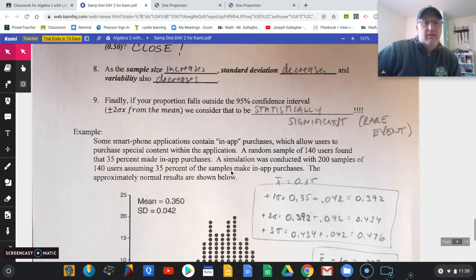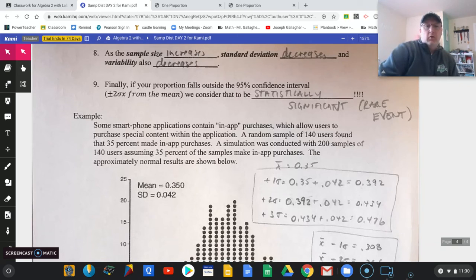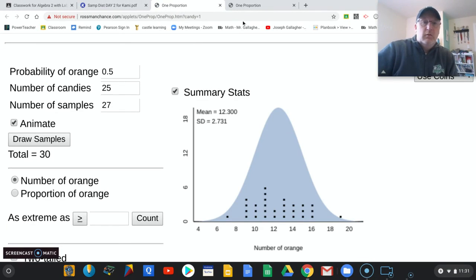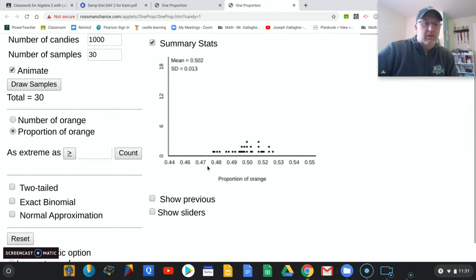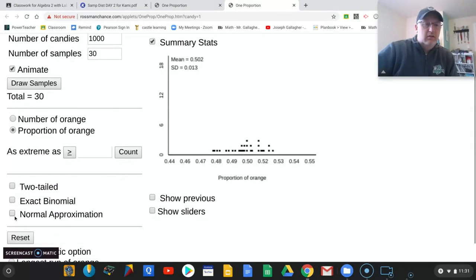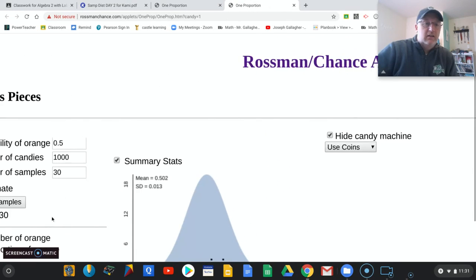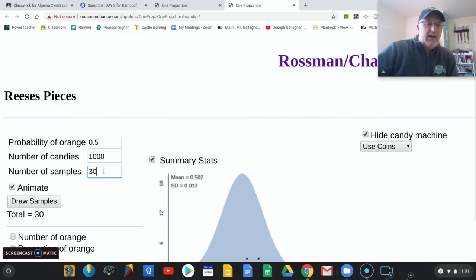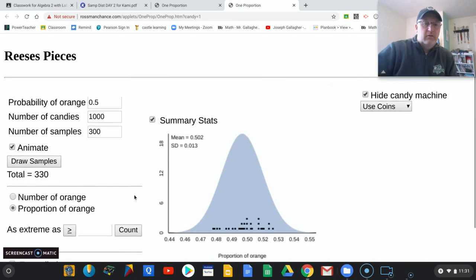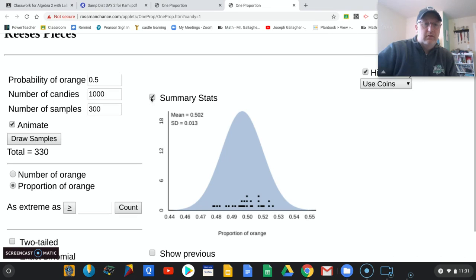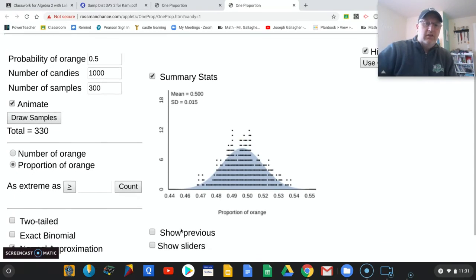So finally, what we want to do is say, if your proportion falls outside the 95% confidence interval, remember 95% confidence interval talks about 2 standard deviations from the mean. You can even notice with our pictures up here, when we look at it here, let me see if I put my normal approximation on there. Let me do more than the 30 people in class. Let's do 300 of these. We'll draw the sample. And you can see how this starts to look more